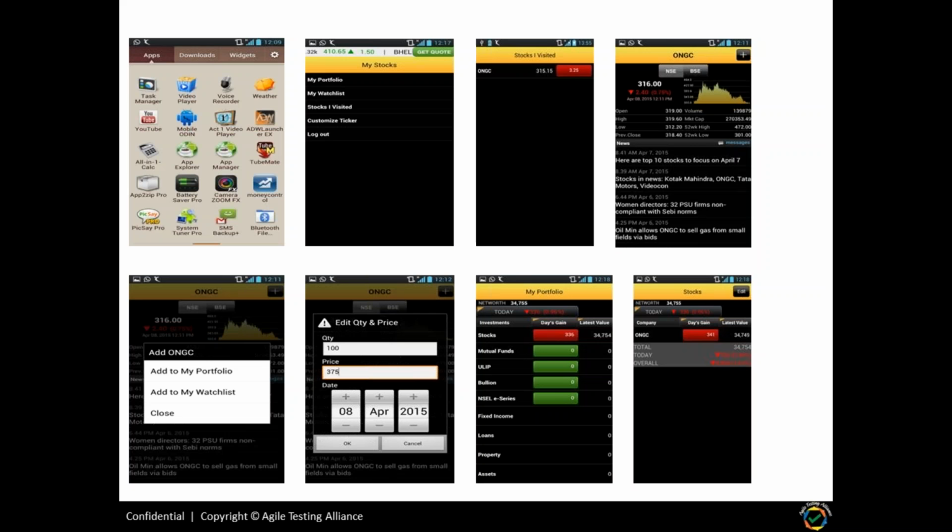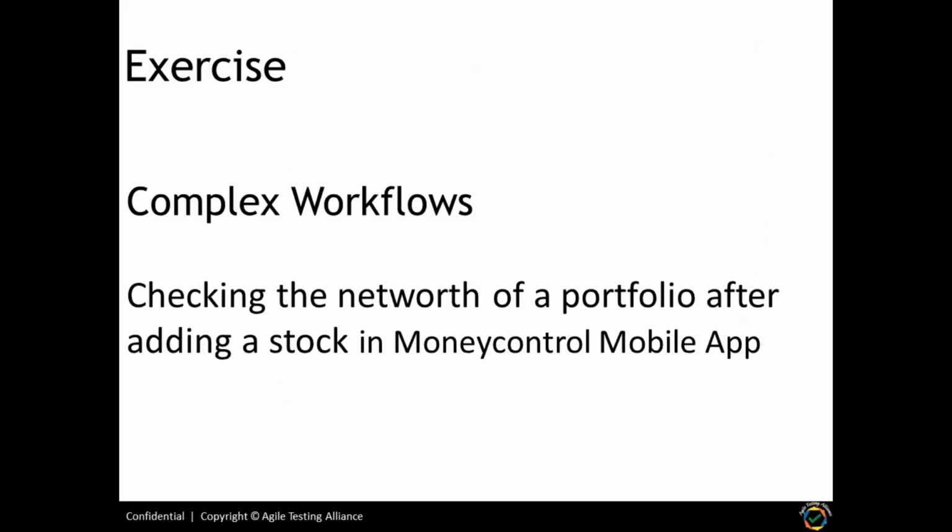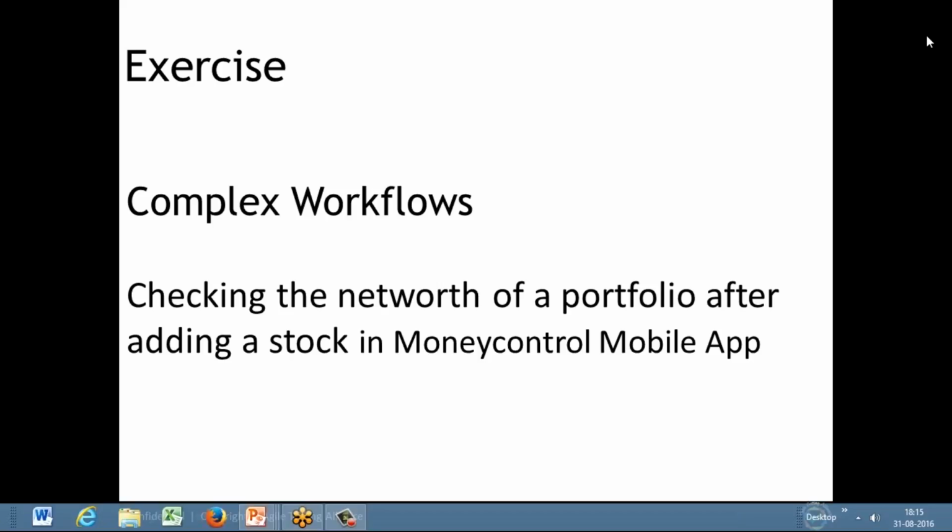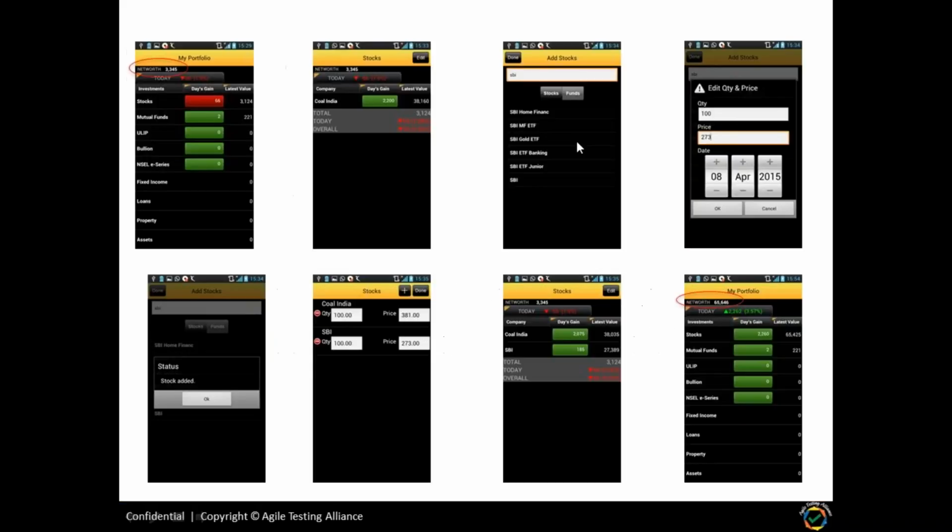Now coming to the complex workflow. Now what could be a complex workflow? Okay, so complex workflow, as the name suggests, will involve some calculations and verifying the calculation. So in this particular Moneycontrol app, if you see over here,